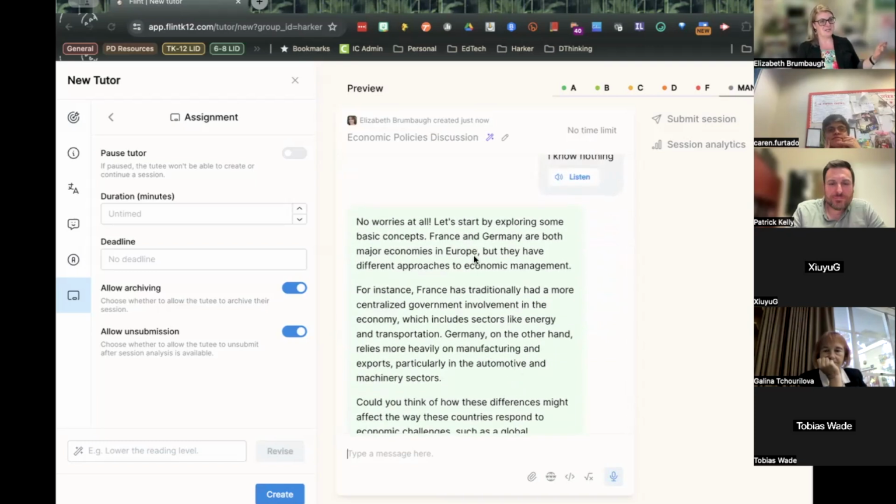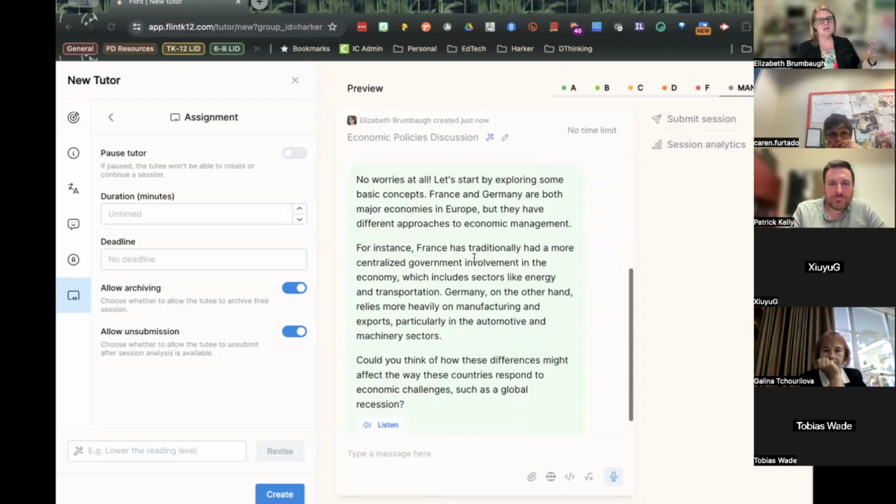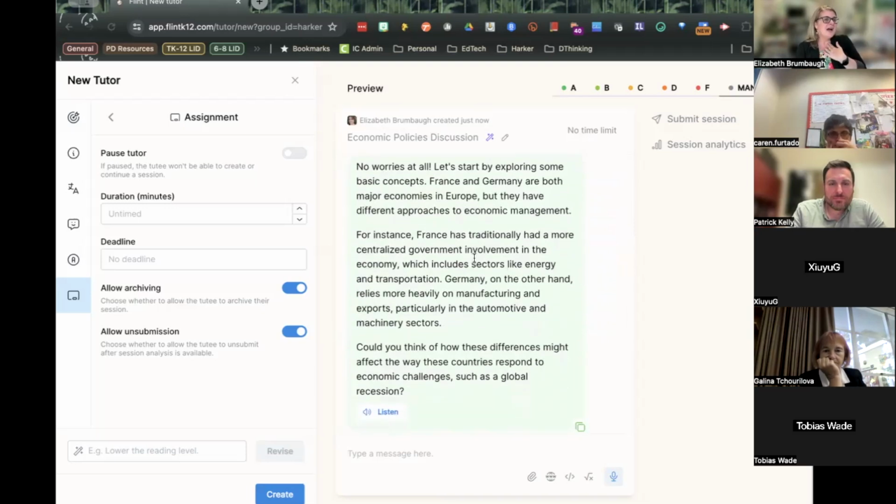It's very positive, which I think that's great. Like I want my kids to be encouraged. Let's start by exploring some basic concepts. So it gives some basic information, and then could you think of how these differences might affect the way countries respond to economic challenges? So it kind of takes it a little broader so that the kids are thinking about general concepts that they may know before they start to drill down into